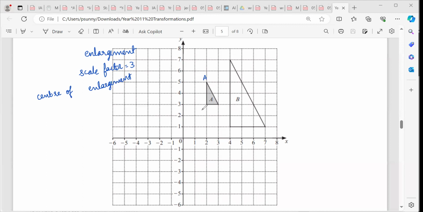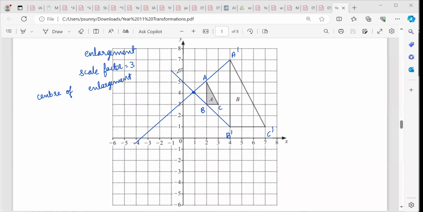Now I'll just label them A, B, C, and A dash, B dash, C dash. How to find out the center of enlargement? The corresponding points A and A dash, join those 2 points and then make a straight line passing through A and A dash. Now, from B and B dash, just connect them using a straight line. Now, where these 2 lines are intersecting, that will be our